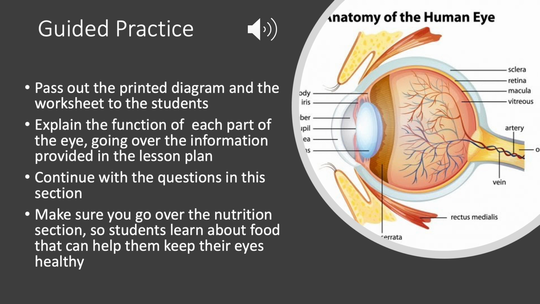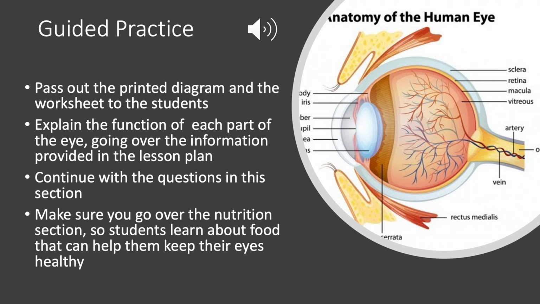For the guided practice, you will pass out the printed diagram and the worksheet to the students. Explain the function of each part of the eye, going over the information provided in the lesson plan. Continue with the questions in this section. And make sure you go over the nutrition section so students learn about food that can help them keep their